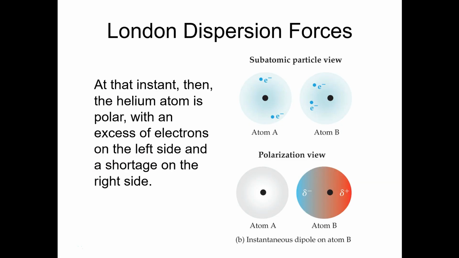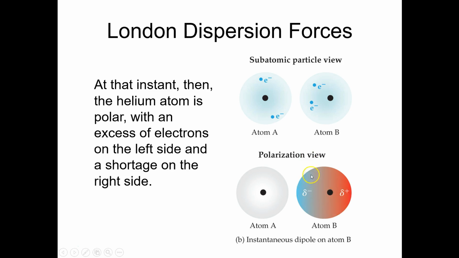But it's also the case that electrons are just flopping around all the time, and while they tend to be as far away from each other as they can get, occasionally they won't be. And so it can just happen as a matter of chance that at any particular moment in time, both electrons might be on the same side of the helium atom. What that does is to, just for a moment, give that helium atom a transient or temporary, what we would